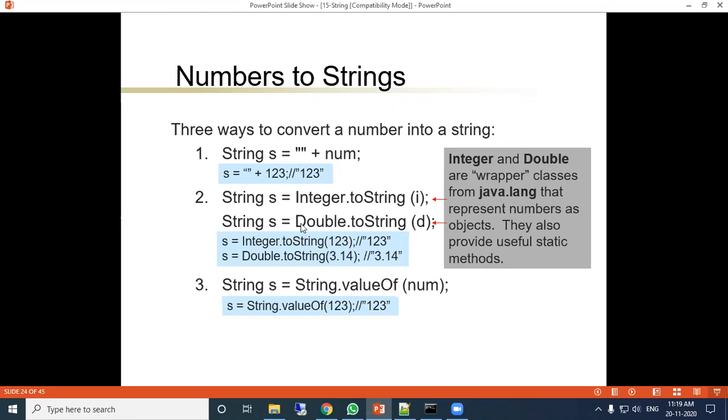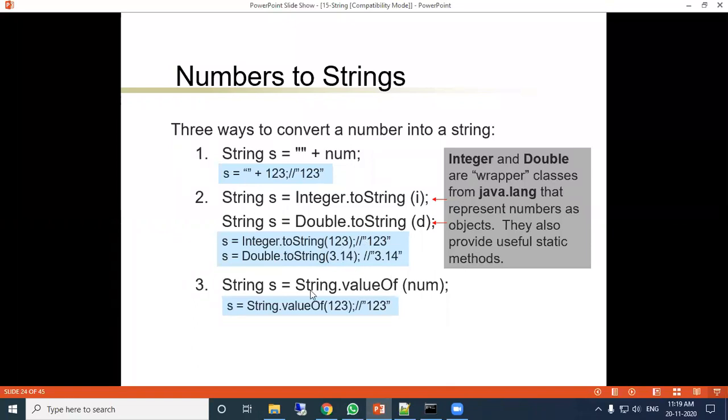You know wrapper class names start with a capital letter. Whatever d value is there will be converted. Now see the example, s equal to Integer.toString(123), so 123 will be like this as a string. s equal to Double.toString(3.14) returns 3.14 as a string representation. This is the numeric representation, and this is the string representation.